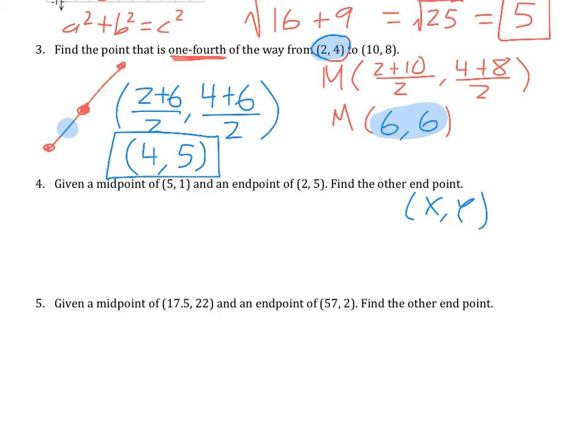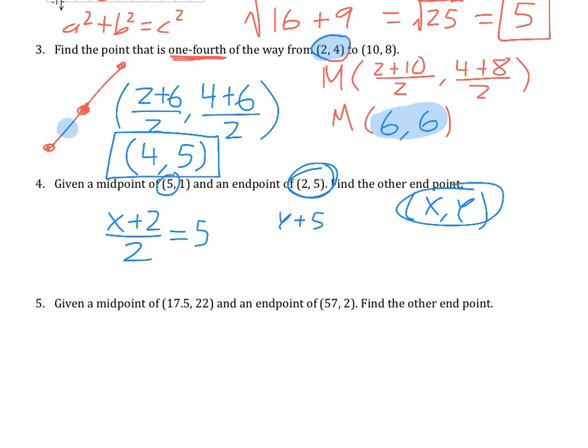Well, we know that to find the midpoint, if these are the endpoints, we're going to add the x's together and divide by 2. And since we already know the midpoint, we know that this should equal 5. And now when we do it for the y's, y plus 5, divide that by 2, we know that this